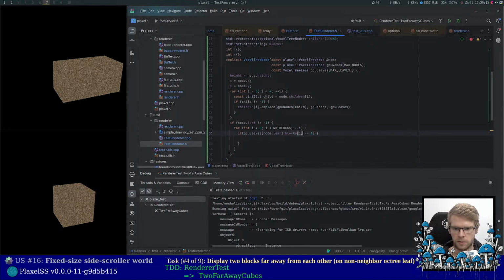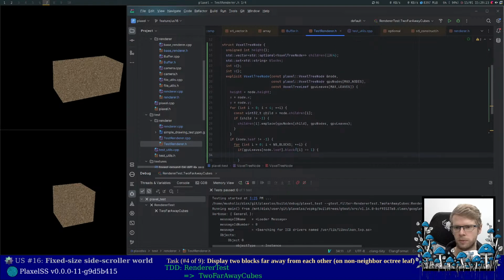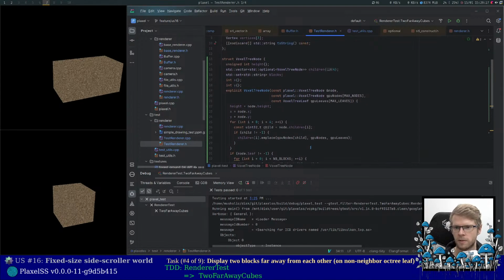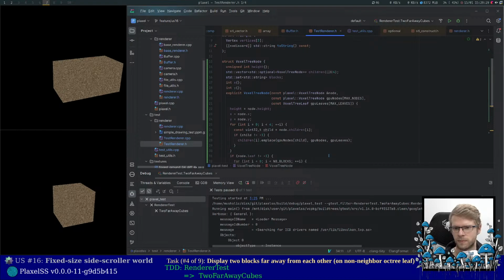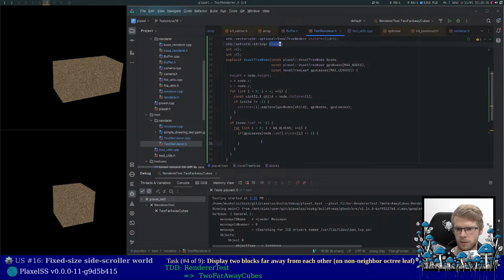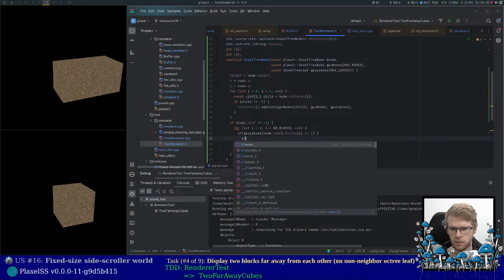I need so like this. If there is a block at this index, then I will do... where is this blocks. So blocks